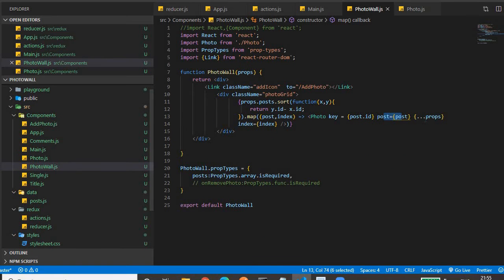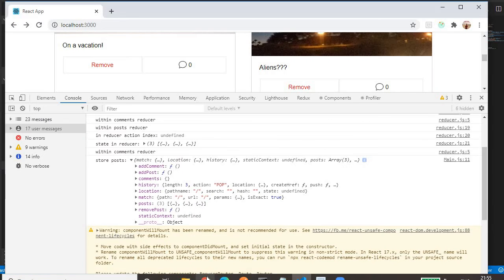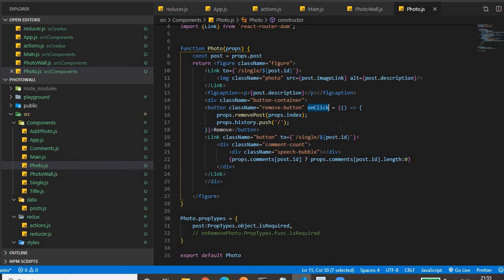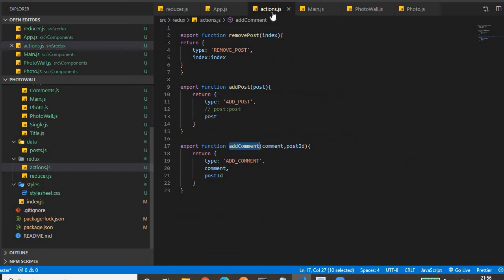This is the entire props that we have received from the store, and as I have told, that contains add post and remove post actions. Now on click of the remove button, we have to dispatch the remove post action, and if you go to the action.js file, this is remove post, and it takes one argument, the index of the image that the user wants to remove.